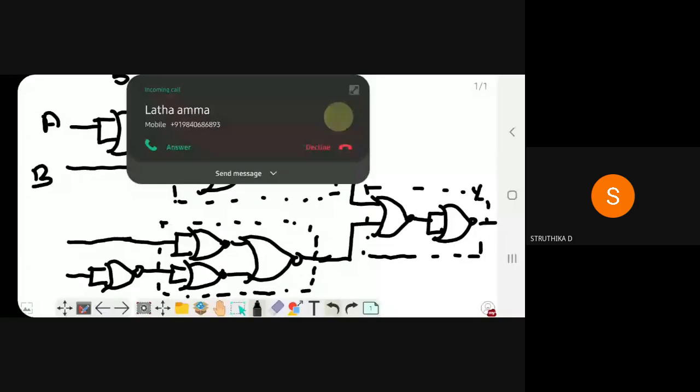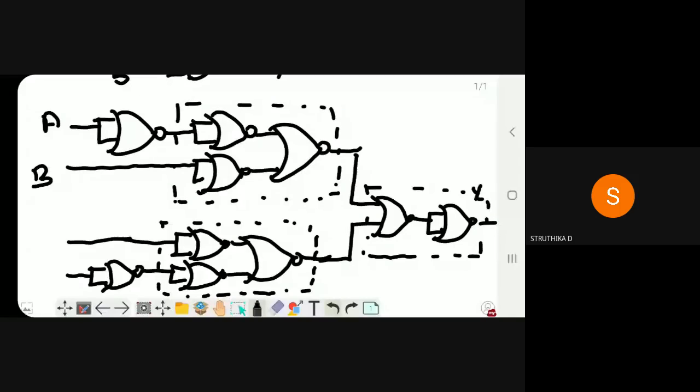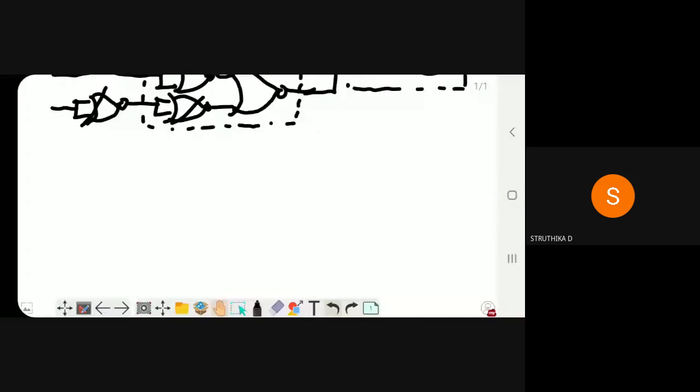Here also you are having an immediate NOT operation, so I'm going to cancel it. Here also you are having an immediate NOR operation, so I'm going to cancel it. Then I'm going to redraw the simplified diagram.